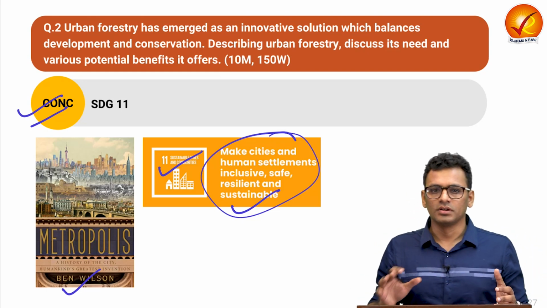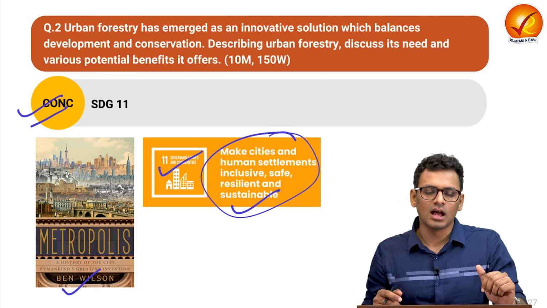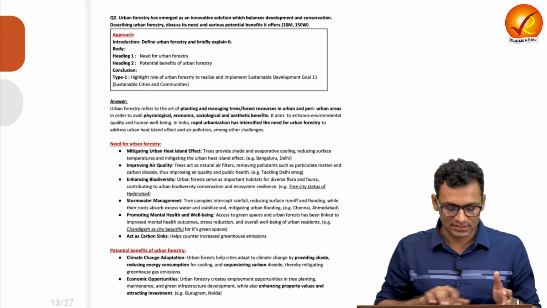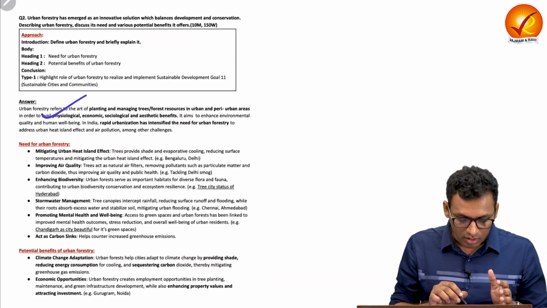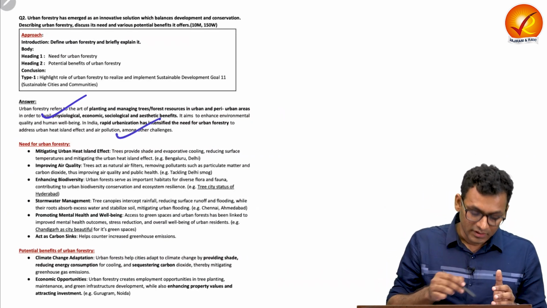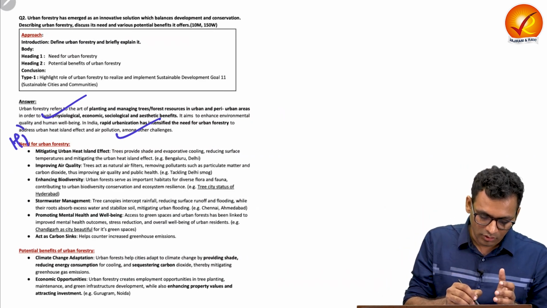So that is all for question number 2. Let us see the model answer and understand how you can inculcate the same in your answer writing practice. In the introduction, you can define what urban forestry is. You can talk about the need for the same as well, which you can expand further in heading 1 of the body,